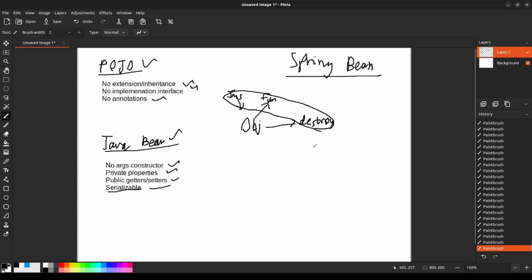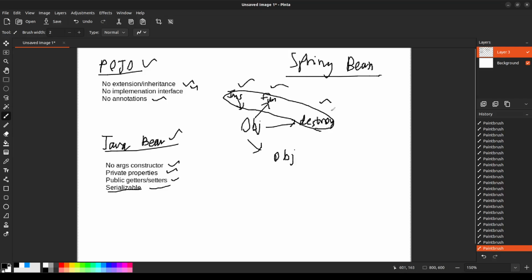So when you program an application, you have to manage these life cycles. You have to instantiate them. You have to give them a function to do, and when it is finished, you have to destroy them. So that is with a normal object. But when you say Spring Beans, they're still objects, but they are no longer controlled by you.